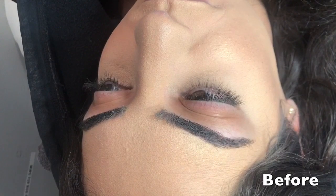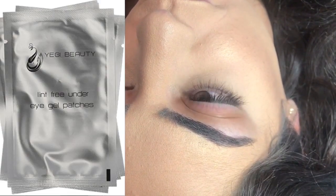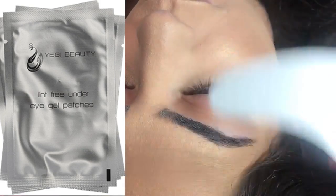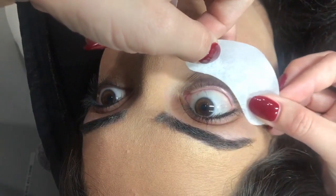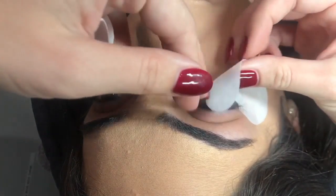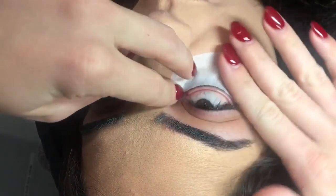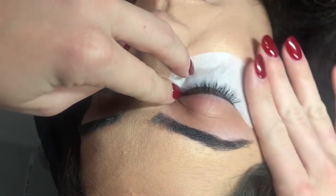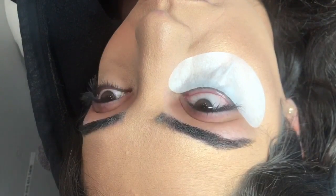So first thing we're gonna do is we're gonna go ahead and put the under eye patches and hold down her bottom eyelashes just like we do with eyelash extension. So her eyelashes, we're actually doing a touch-up lift. That's why you could see they're already kind of lifted, because it's been about 2 months since we did her previous lift. So that's why they're actually nice and a tiny bit curly,